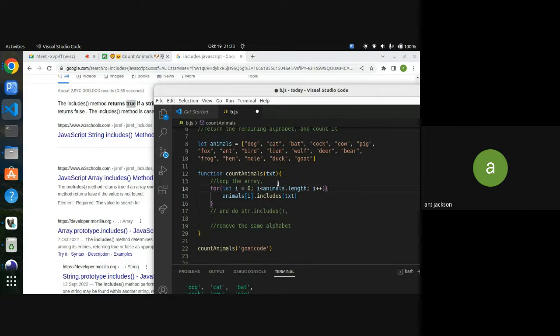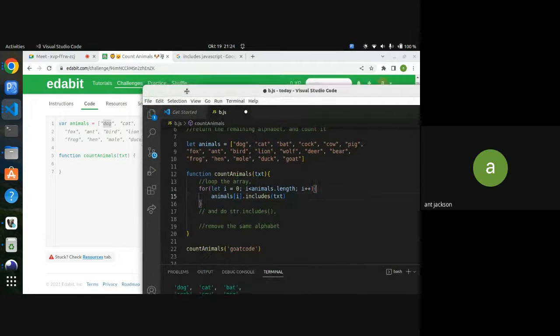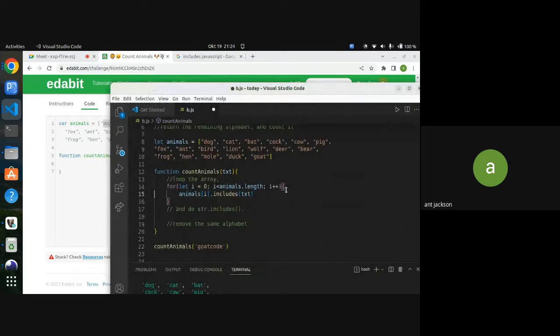For each of the animal, then we have to do for each of the character in the animal. But it doesn't make sense if you have two same characters. That's another thing, it's difficult. Never mind, we can just do it first. Animal dot